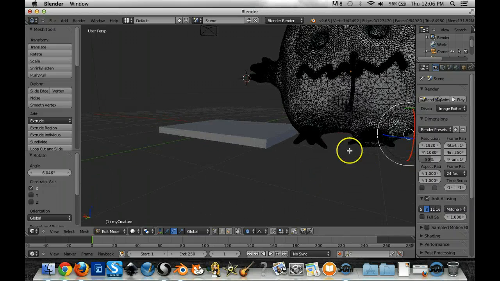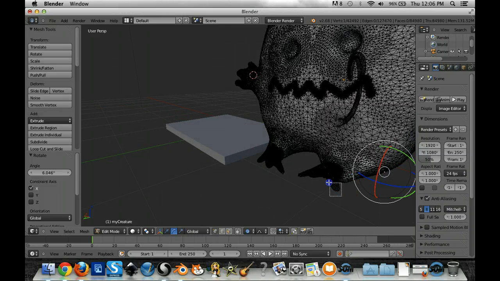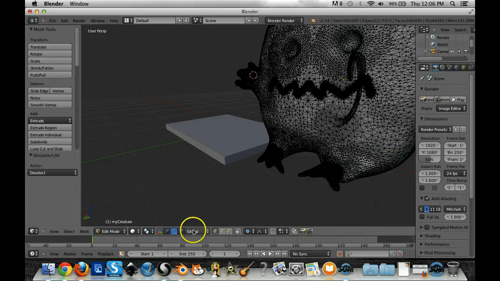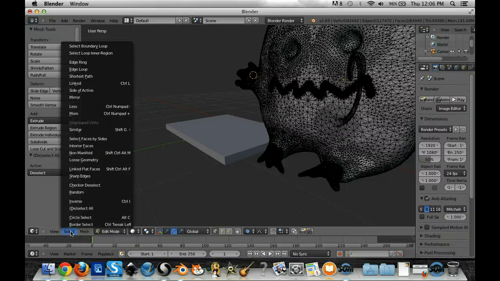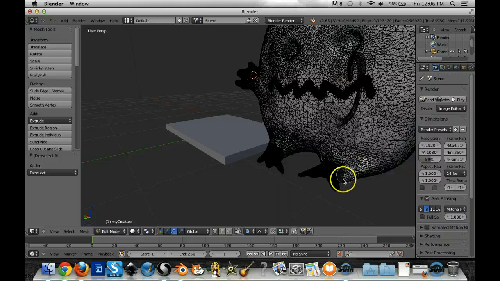One of the areas where I see a problem is the outside toes. So what I'm going to do is just try to select just the toe. There's a good tool for selecting just part of your mesh, and that's under the select menu over here. If you go to circle select, you can actually draw on the area that you want to select. So that's pretty cool. And then I'm going to go back now to my move tool. I think I have to hit enter after I've selected something. Yeah. So now if I go back to my move tool, I can actually drag this